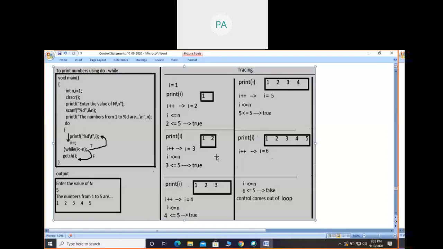In that case you cannot trace the whole program. That means you cannot write the tracing of the whole program in your book. If the program itself is 3 or 4 pages, the tracing can become 5 or 6 pages or even 10 pages. So in that case, you should become perfect in tracing in your mind. For smaller programs, if you keep writing the tracing, at least 2 or 3 programs for every concept, then I think you'll become perfect. So you copy this program. If you come across any doubt, you can ask. Those who are already perfect with while loop and do while loop tracing need not copy. But still, those who need to copy it, please copy it.